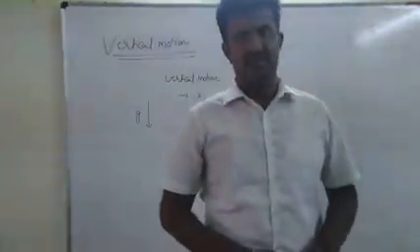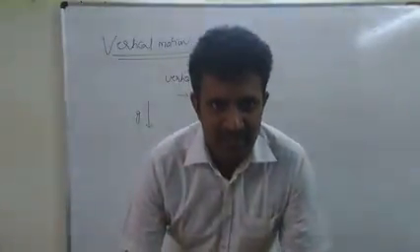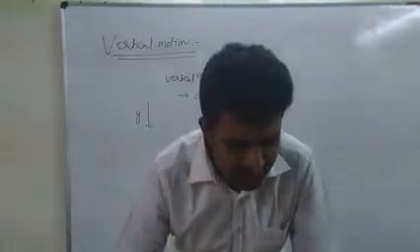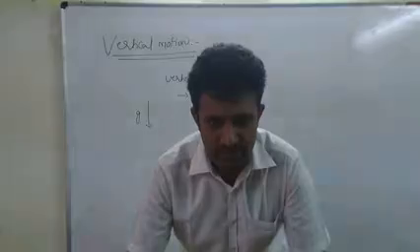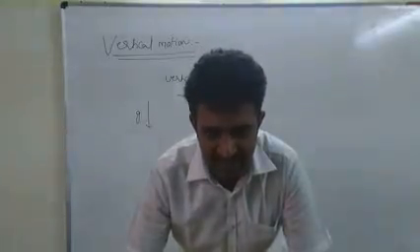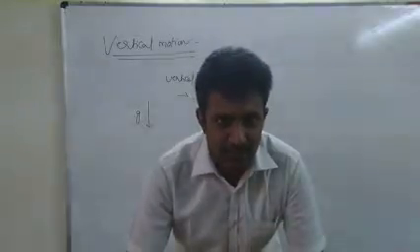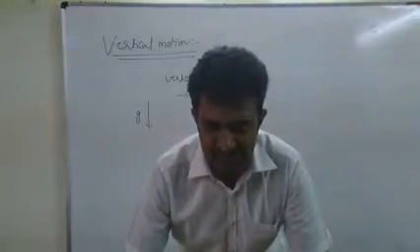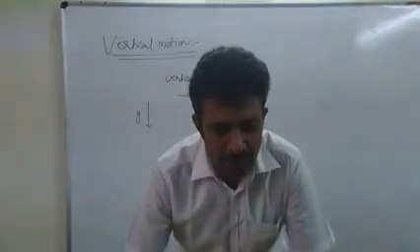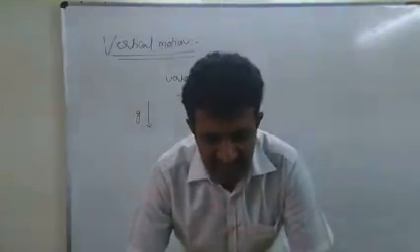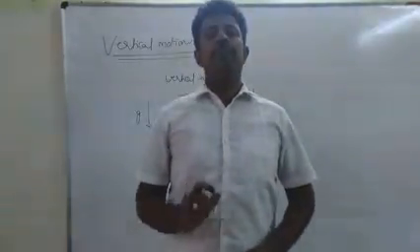While dealing with vertical motion problems, most of the students will face the problem with the sign convention. Sometimes people may feel that as it is downward, we have to use minus 9.81 meter per second square. Some people will feel that as the motion is accelerated motion, we have to use plus 9.81 meter per second square. You try to avoid all those confusions. I will give you one way of using the sign convention. That one way is always use upward as positive.